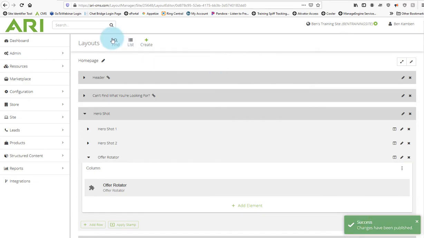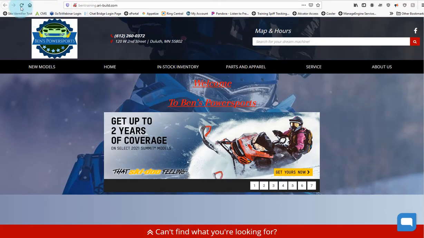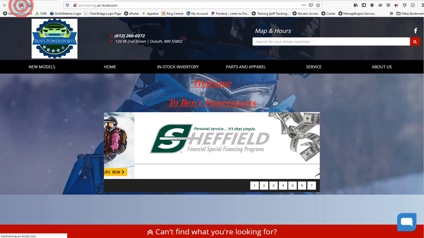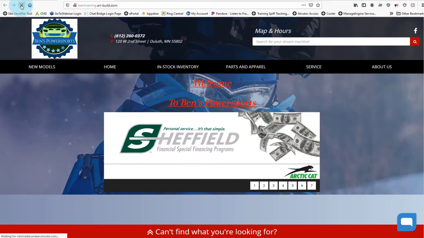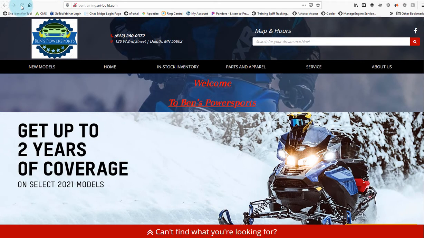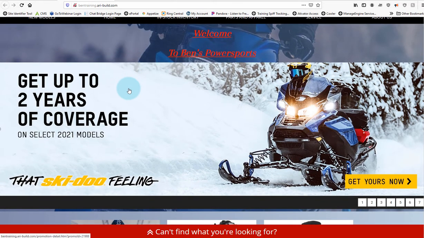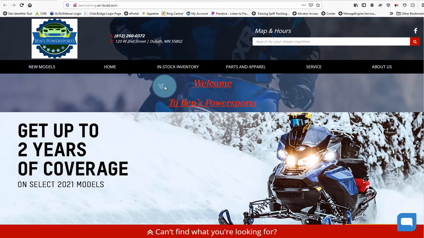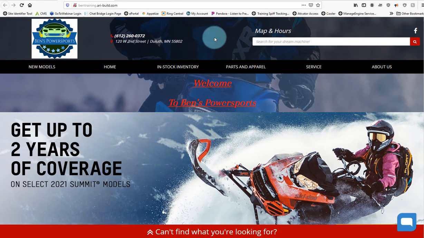There's our success stamp. We'll jump back to our website, refresh our website, and as soon as we do, those offers should be full width. Now, personally, I don't like this. On this particular page, it just doesn't work. It covers up too much of the very nice high-resolution image we have of this guy riding this Yamaha sled